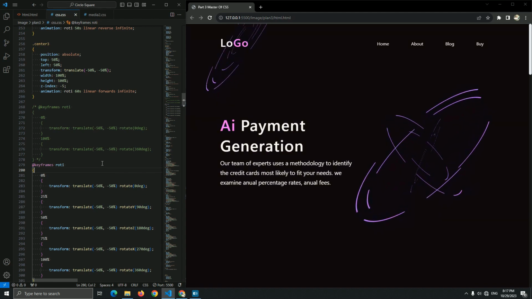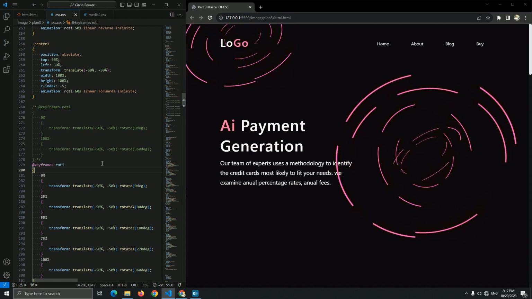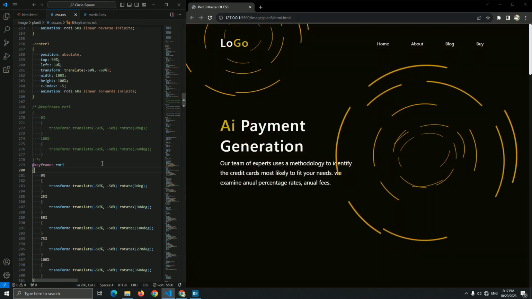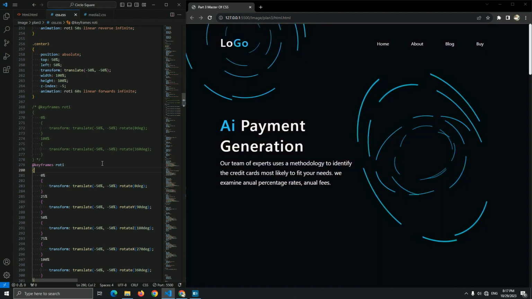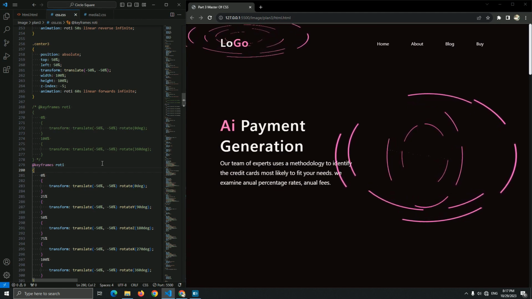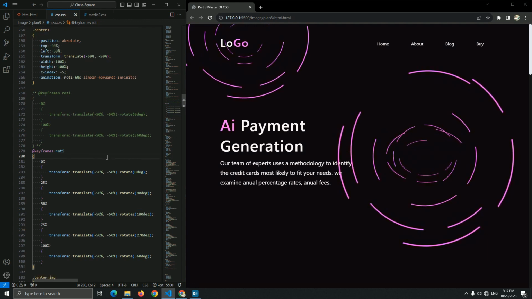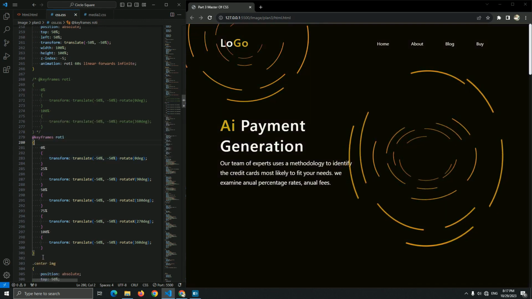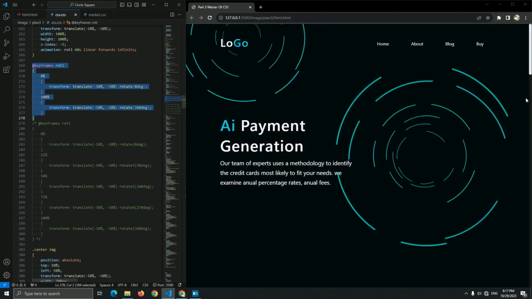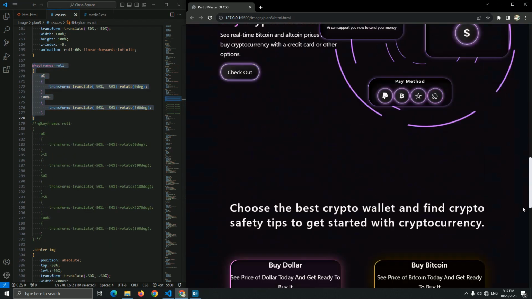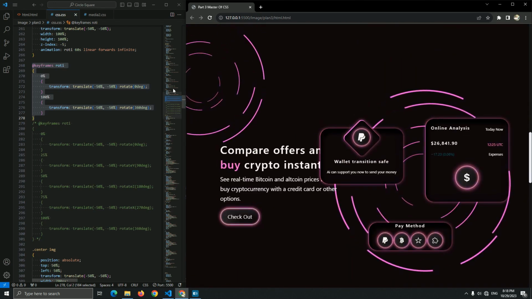We use rotate Z, X, Y for 25%, 50% and 75%. If I explain how to use it in this animation, or how to choose it, it's going to take a long time to explain. So I just hope you love it, and if you like it, you're going to use it, for example. But yes, this is the 3D animation. Okay, I'll go with the same rotate animation. Now the next animation, let's go for this box.